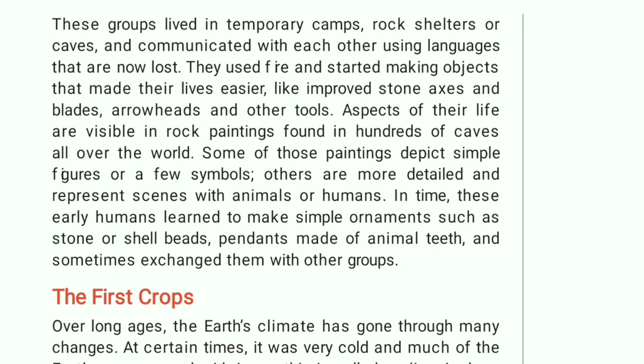These groups lived in temporary camps, rock shelters or caves, and communicated with each other using languages that are now lost. They used fire and started making objects that made their lives easier, like improved stone axes and blades, arrowheads and other tools. Aspects of their life are visible in rock paintings found in hundreds of caves all over the world. Some of those paintings depict a simple figure or a few symbols. Others are more detailed and represent scenes with